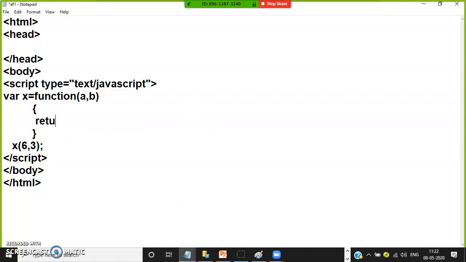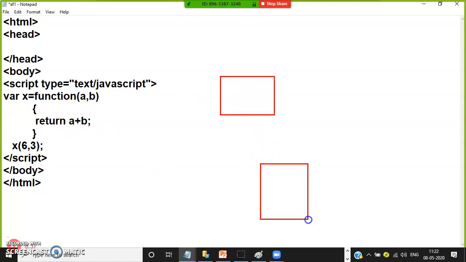Now function will have a return type. For example, here I will write return a plus b. And this function is returning some value. When the function returns some value, let us assume this is function 1 and this is function 2. Function will take input and give some output. Yes or no?